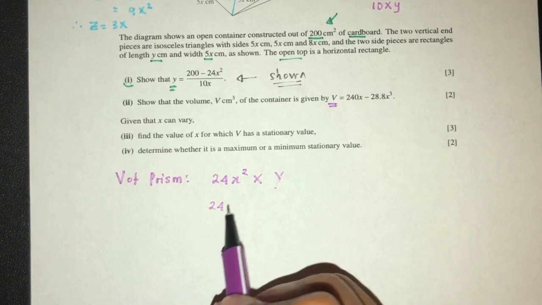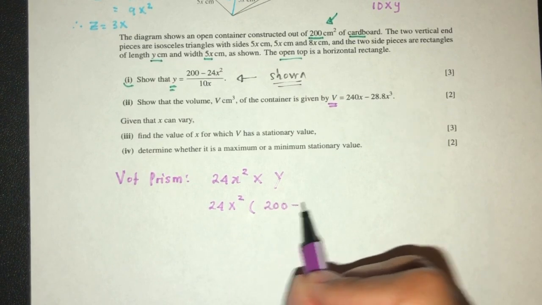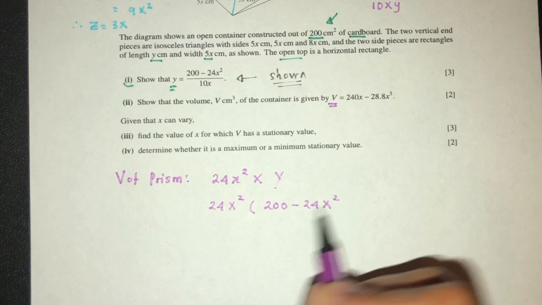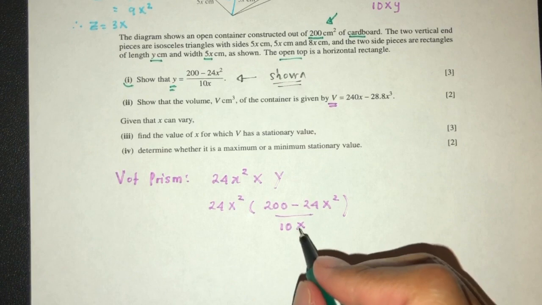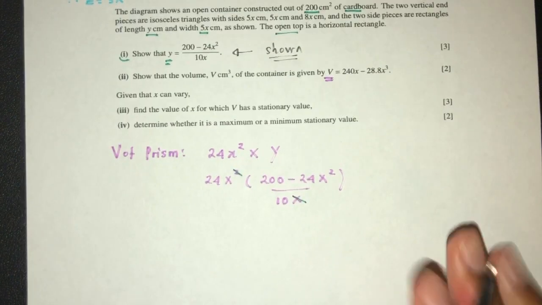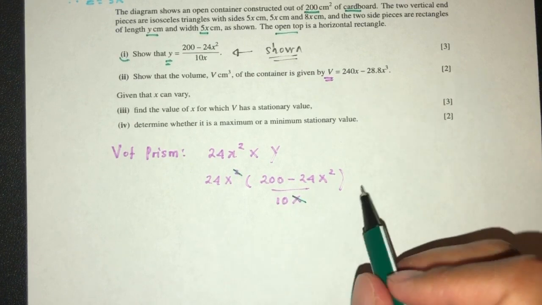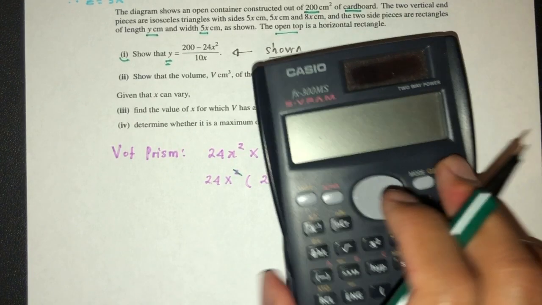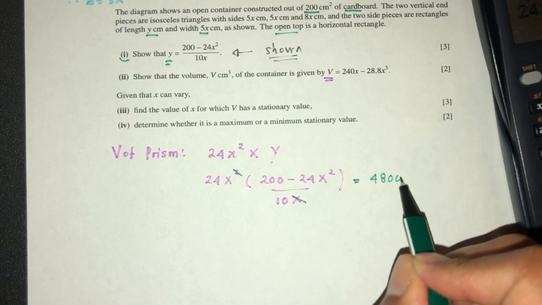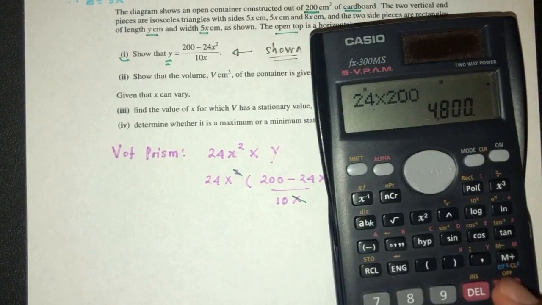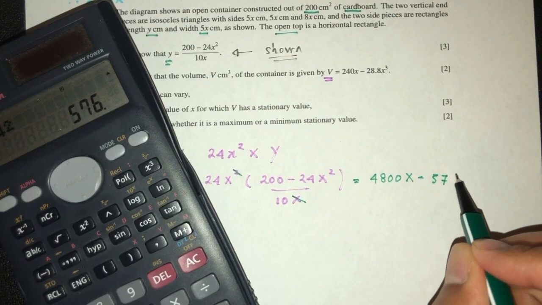That will be 24x squared multiplied by y is 200 minus 24x squared over the value of 10x. So simplify. This and this will cancel out. We can divide by, well, let's just wait at the end. So here we have 24 times 200, that should be 4800x minus 24 squared, that should be 576